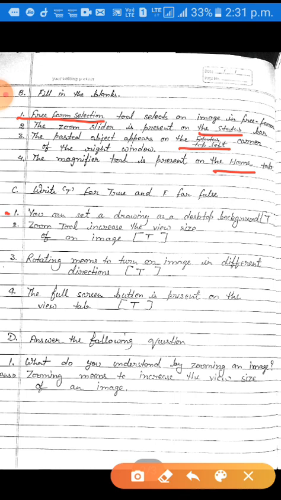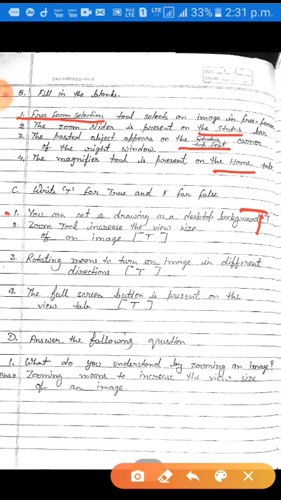Dear students, question is asking you can set a drawing as a desktop background. Yes, dear students, we can set a drawing as a desktop background. So this statement is true. You have to write here T.